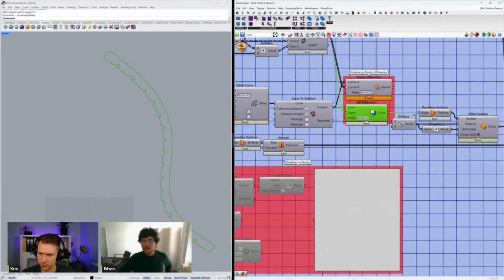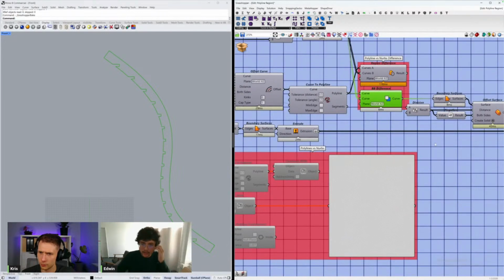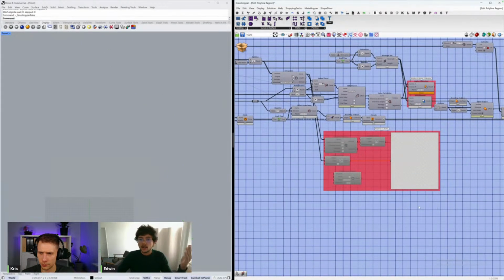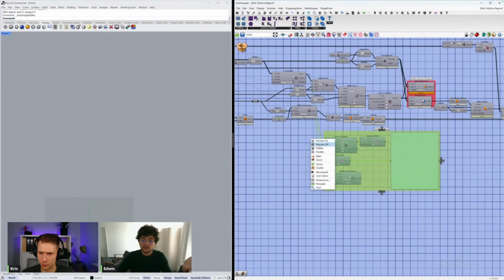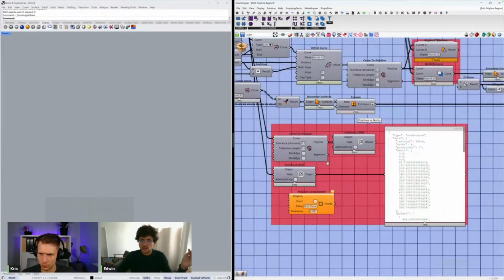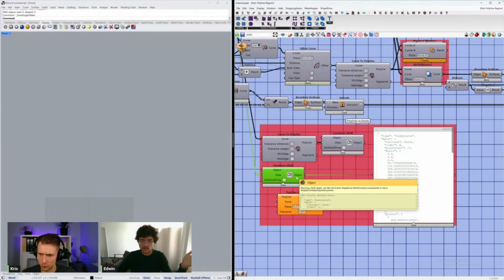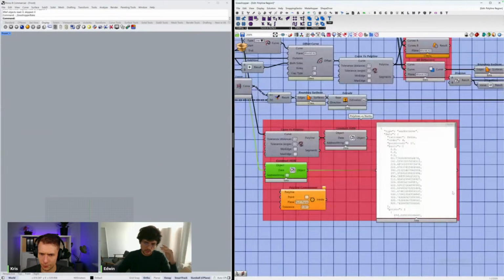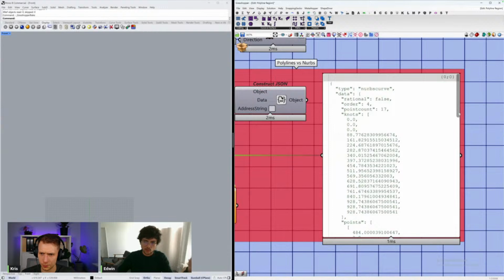Okay. And now the question is, why is it way faster? And the reason is because polylines, as Kris explained, are a way simpler geometrical form. So here I have a way to visualize it. Here is just a component that converts a curve into a JSON, and then this JSON just visually tells us what